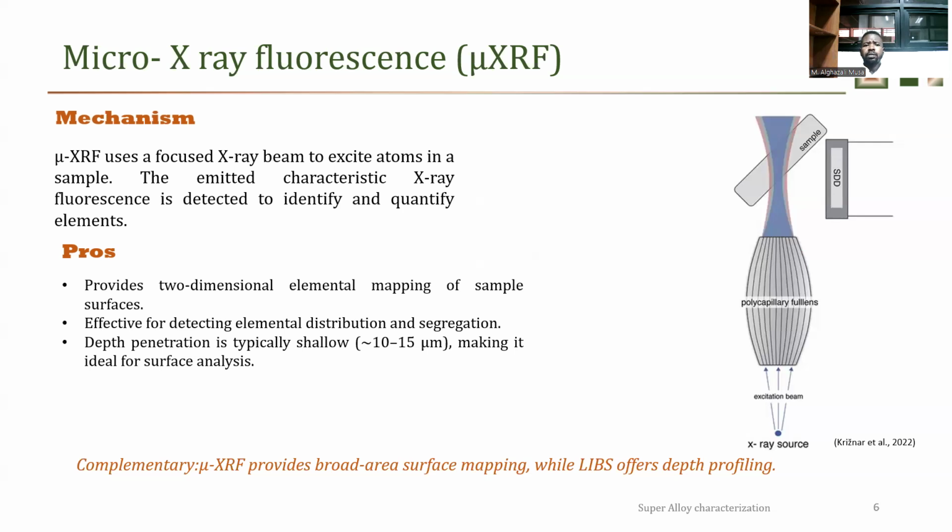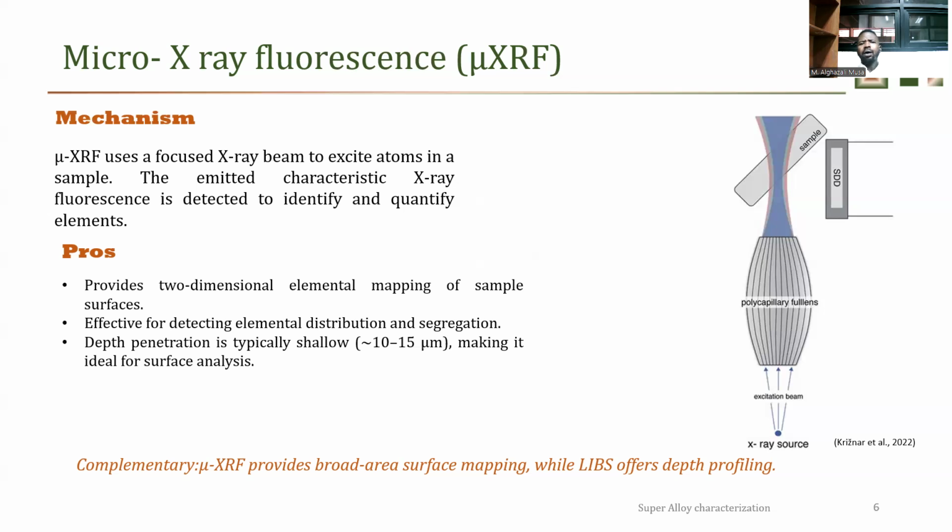What is a micro X-ray fluorescence? Micro X-ray fluorescence is like using a focused X-ray beam to excite atoms in the sample. But here we are using a micro focus. In normal XRF, we are using a millimeter focus, which is wider and bigger. The emitted characteristic X-ray fluorescence will be detected, and after that we will identify and quantify it in order to know about the element. Through the intensity, we'll know about the element